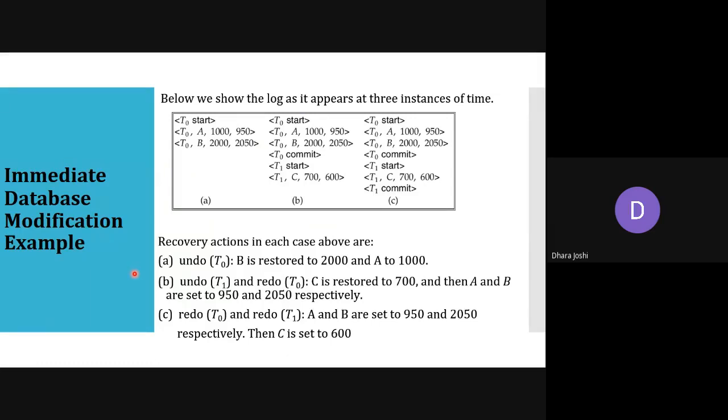Where we see that the failure, okay, we are seeing here that we are having this log, and what is the recovery action in each case? Okay, so it may be possible in this case A, if failure will occur, only then we are thinking for the recovery action. So after executing these three statements in case A, we are having a failure. So now how to recover them? In case B, we have executed till this and then we are having a failure, like that. Nancy, clear?